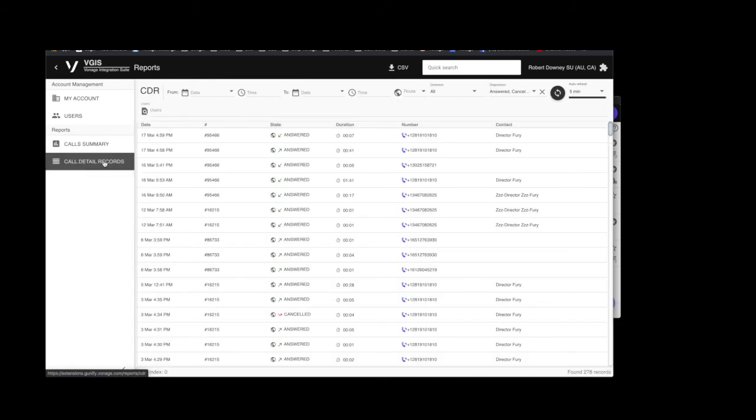Call detail records will actually show me the focus of that filter that I've created, if I did create one. But most importantly, I can see the contact information, not just their telephone number, so I can more easily pair up those call logs. I can export this data into a CSV format, which would allow me to create pivot tables, graphs, and pie charts from outside the system.